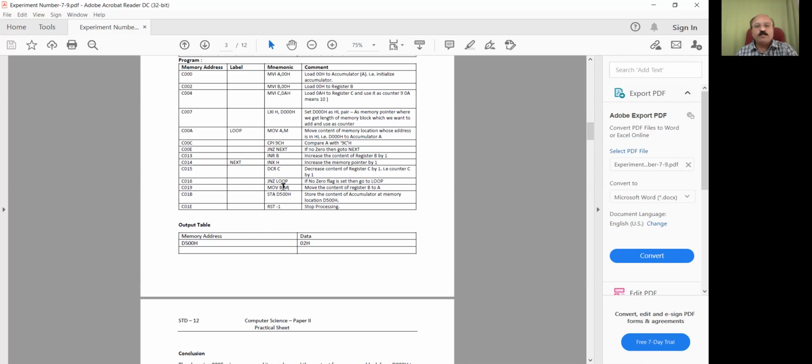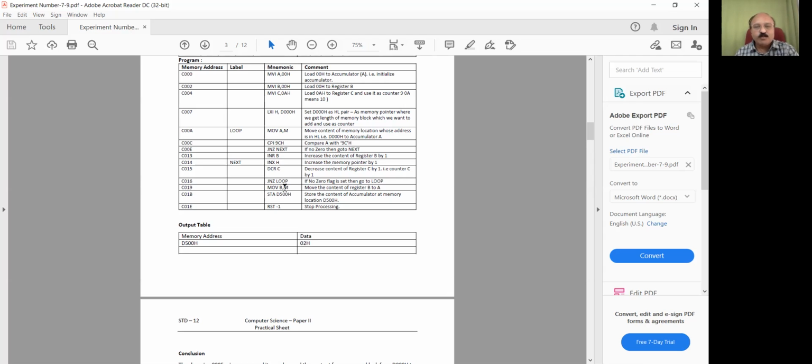This should be MOV A, B. So the content of B will be moved to A, and then STA D500H. So the accumulator will be moved to D500H, which is nothing but the counter of the 9C count that will come to D500H.